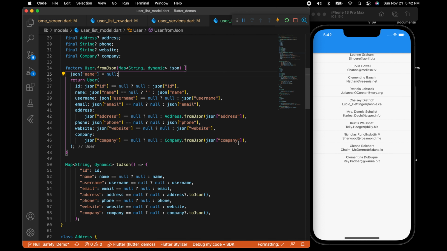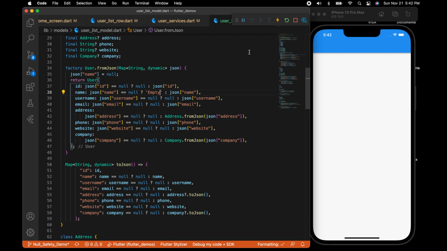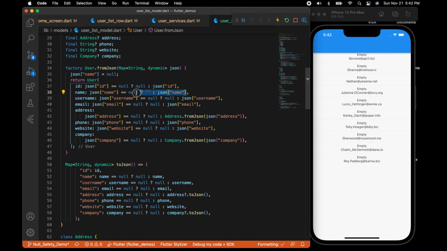So when the service returns, we'll set the name to null, and you can see that the UI is not crashing. It's setting it to an empty value. Let's try to set the text empty. So you can see if the value is null, it's going to return empty. Let's remove that, and